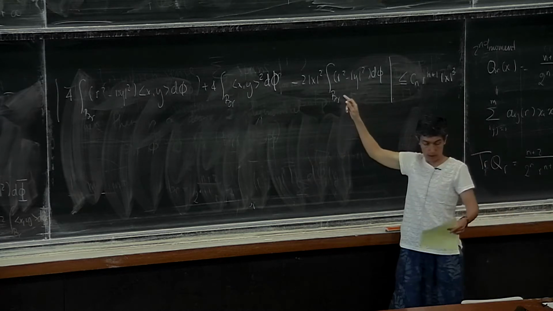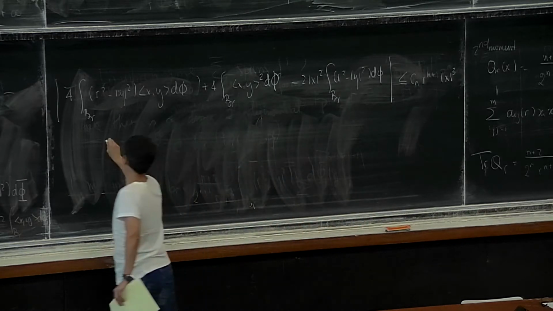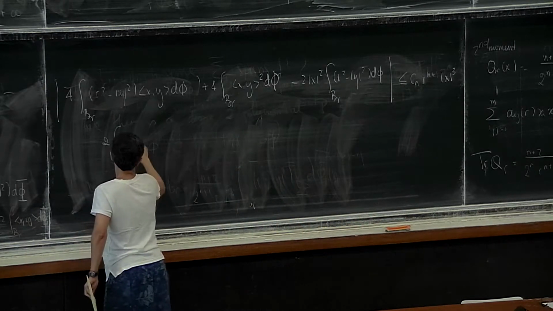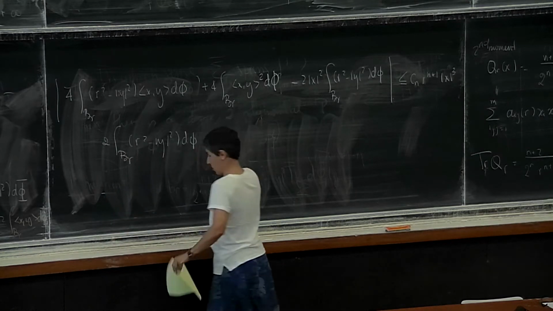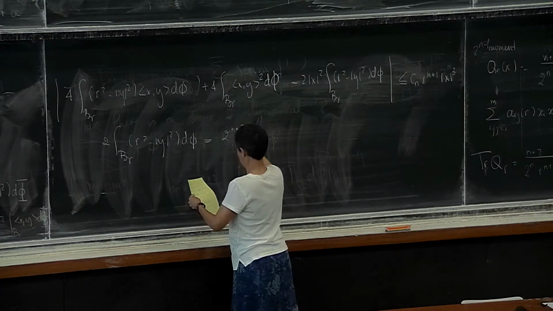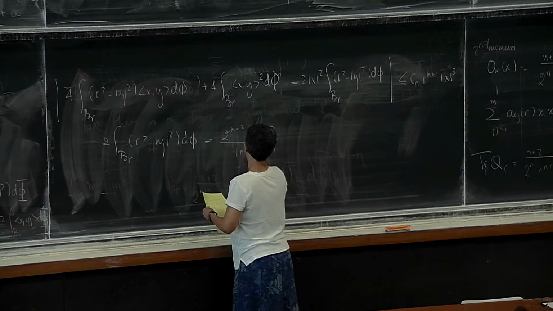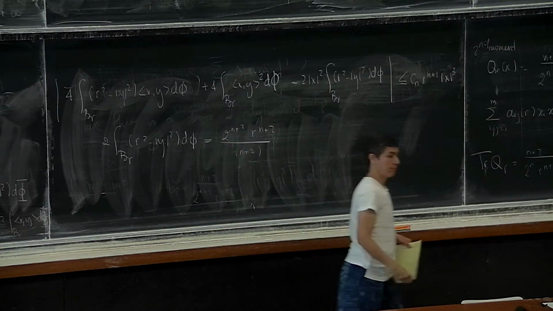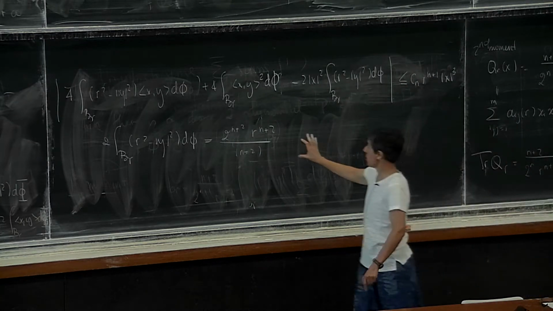I'm going to tell you who this number is. I'm not going to compute it. Now you know how to do it. You're experts at it. This number is exactly (2n+2) rⁿ⁺² over (n+2). And you should be super happy because, A, the break is approaching, and B, this number here